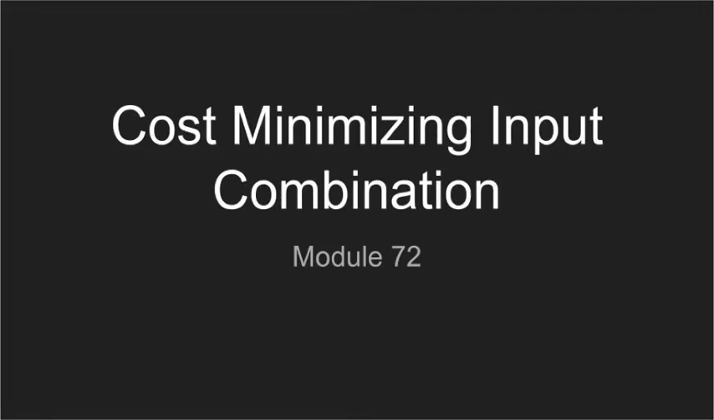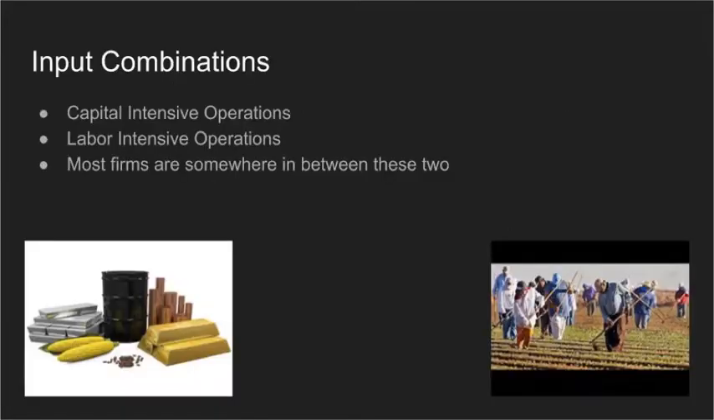In this video, we will be discussing the cost-minimizing input combination. Production requires multiple inputs, and firms must decide what combination of inputs to use to produce their output. In this lesson, we will be looking at how firms decide the optimal combination of factors for producing the desired